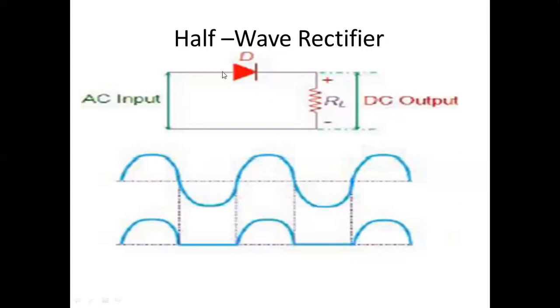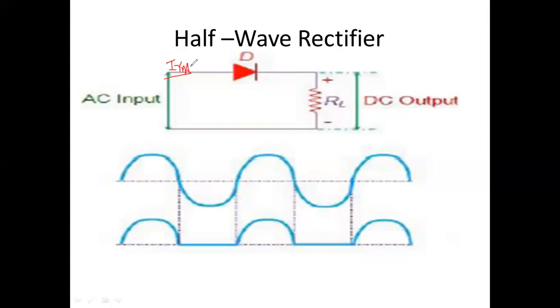By giving the AC input to the diode D here, it will be forward biased, this one positive, this one negative, so the diode will conduct and current will flow here. Whatever is there at the output, we are going to call output current. This current is the input current. Input is AC, and AC current is nothing but IRMS. We are going to call that one.